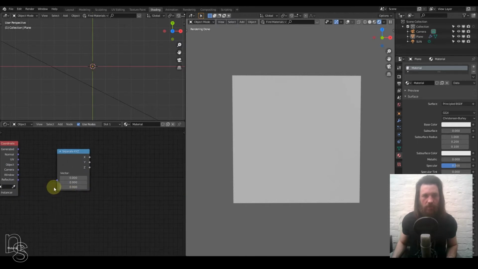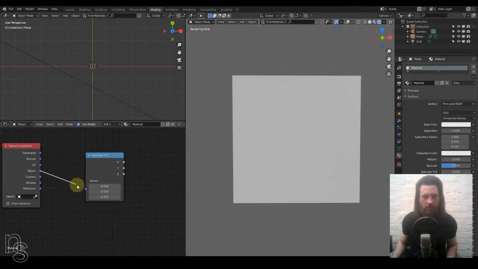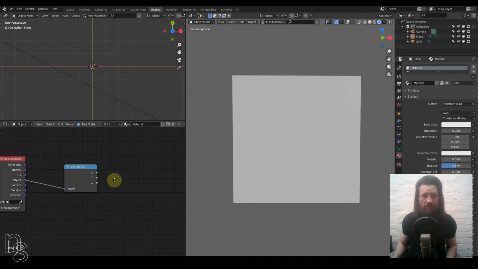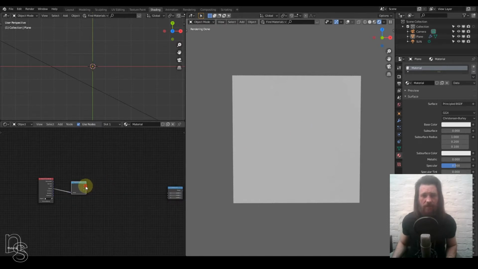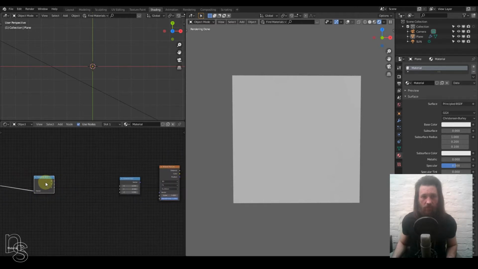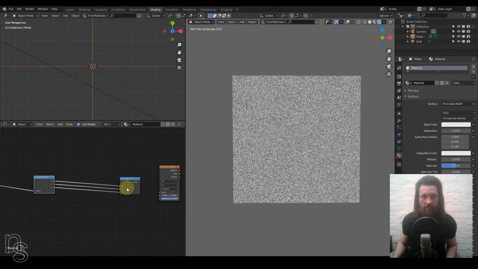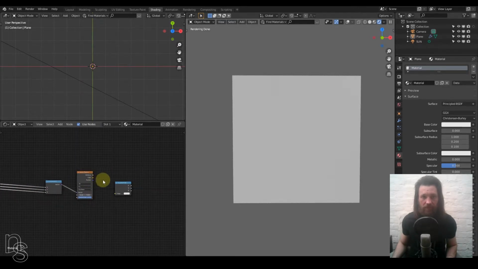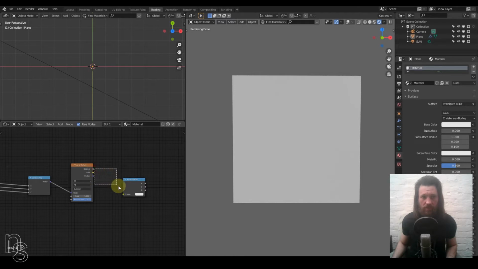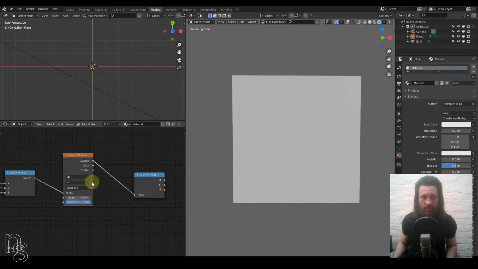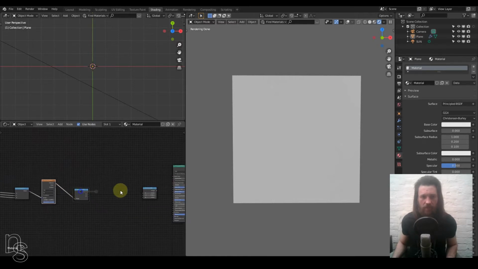So the texture coordinate, we're going to use object, so everything will be based on the shape of the object, not the UVs, no unwrapping necessary, it just uses the object. And cool thing, Alt right click, and you can just quickly connect these bad boys up, and then it doesn't work quite here because we want the distance output, and it always goes with position, I think. Alt right click,